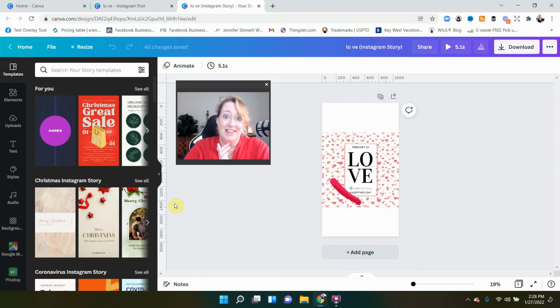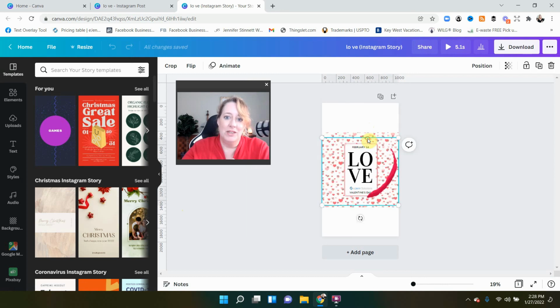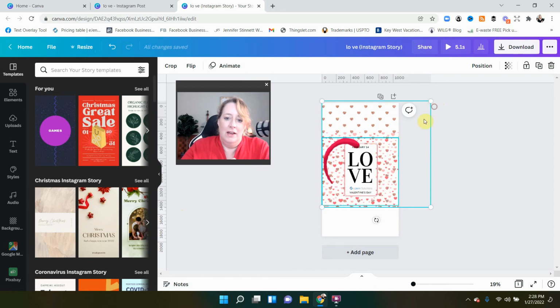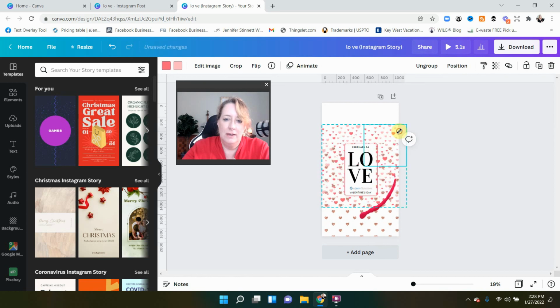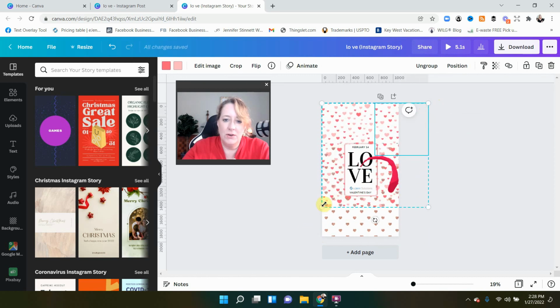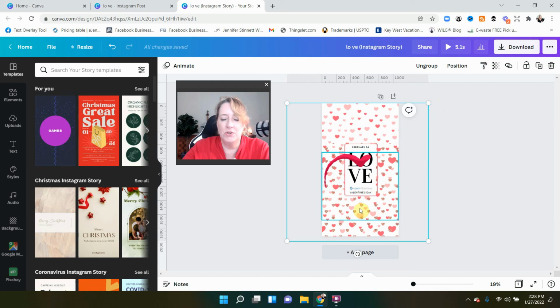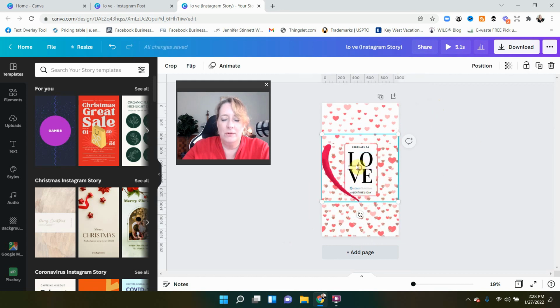Now, obviously, it's not looking so good in the Instagram story size. But what this really does is give you the option to come over here and filter through things, make it a little different and easier, and you're just going to have to play around. But you can kind of see how this will make your life a lot easier. You'll have to make some tweaks, but